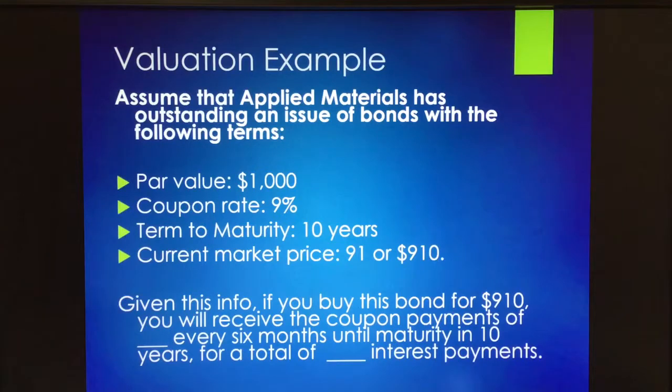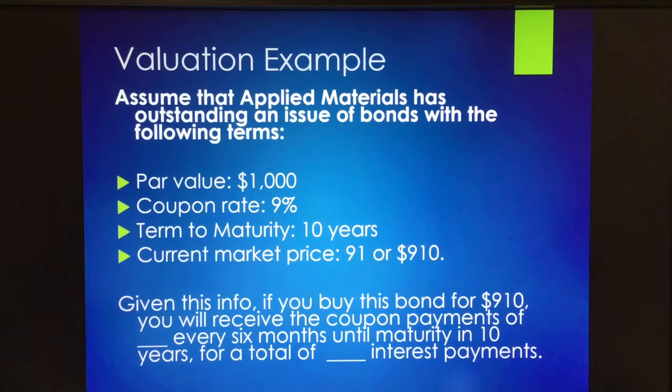Let's go through an example of a bond valuation, or I should say a bond evaluation problem, and I'll tell you more what that means in just a moment. But assume that Applied Materials has outstanding an issue of bonds with the following terms. Actually, we could think about this as it has it outstanding, or even I could have worded this to say, let's assume Applied Materials is issuing these bonds. The par value is $1,000. Coupon rate is 9%. The bonds have a term to maturity of 10 years, and the current market price is